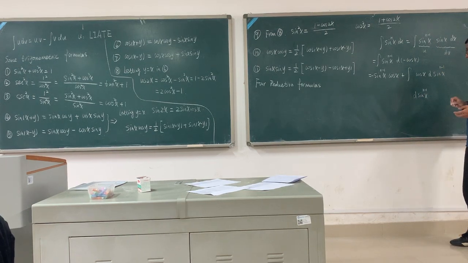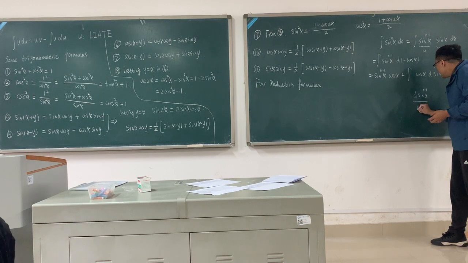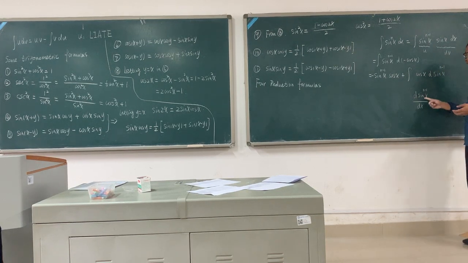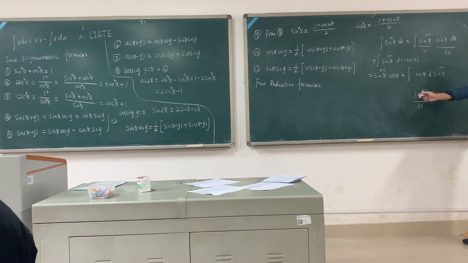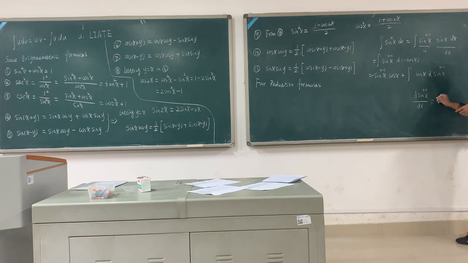D sin x to the n minus 1 power dx equals what? It means the derivative of sin x to the n minus 1 power. This function's derivative equals what? It is n minus 1 times sin x to the n minus 2 power,